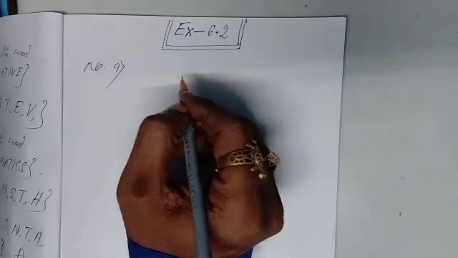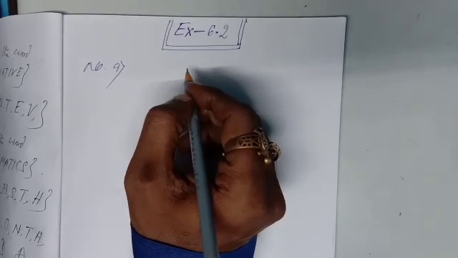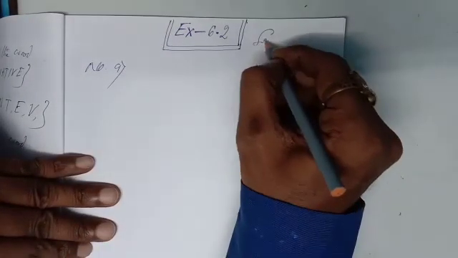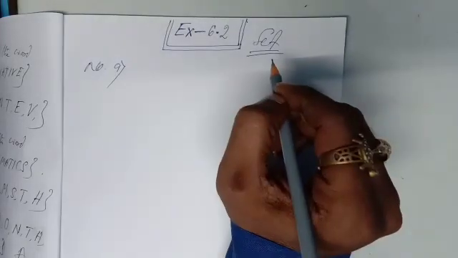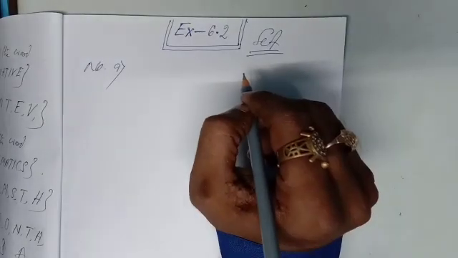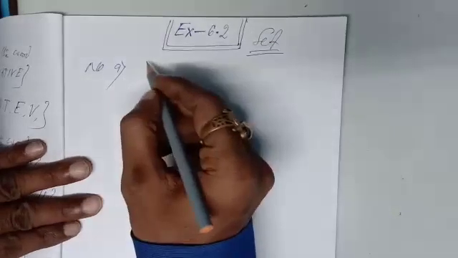Today our exercise 6.2, that is the set theory chapter. Chapter name is Sets. Already I have completed numbers 1 to 8. Today is number 9. Question given: